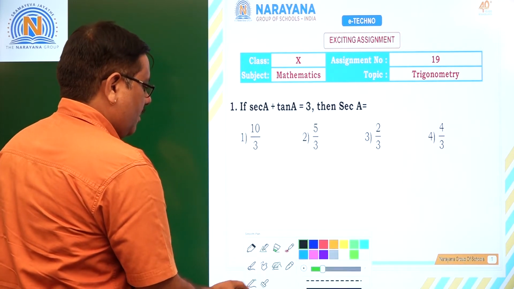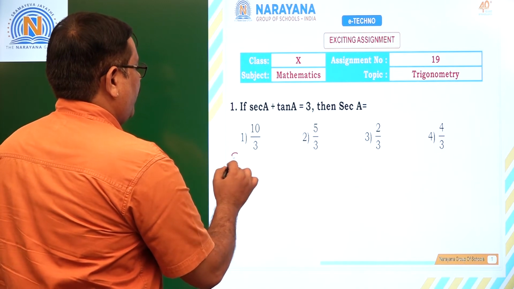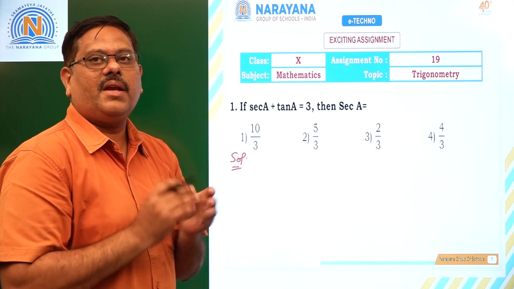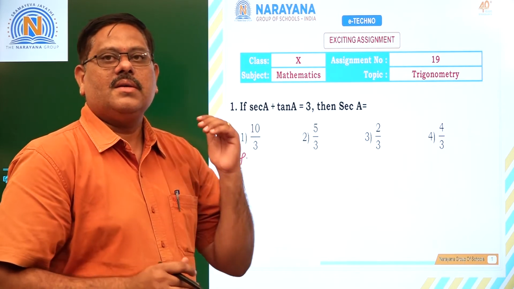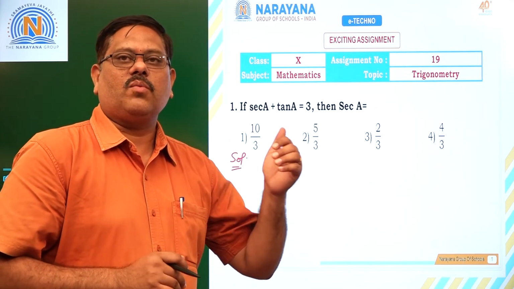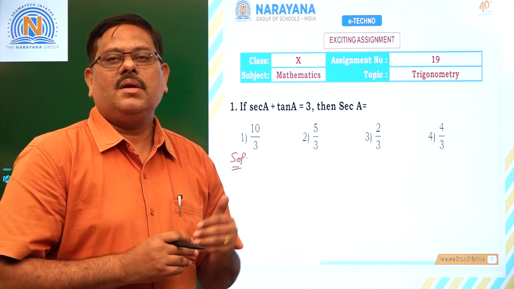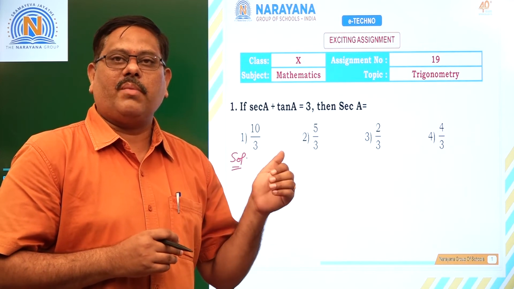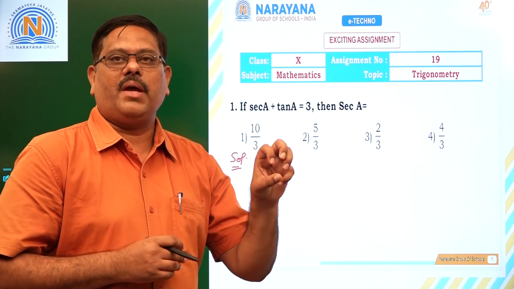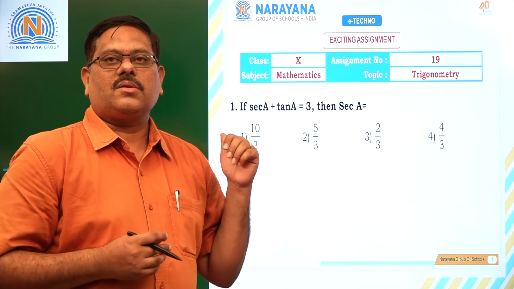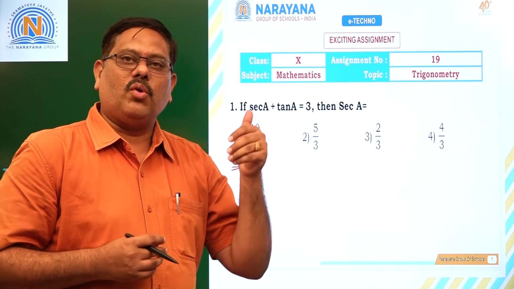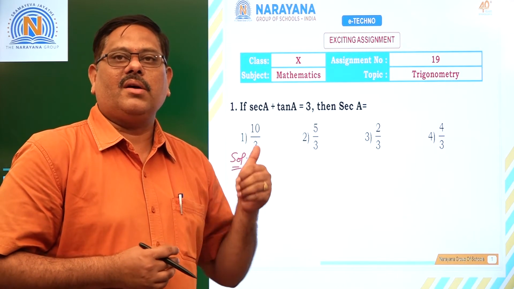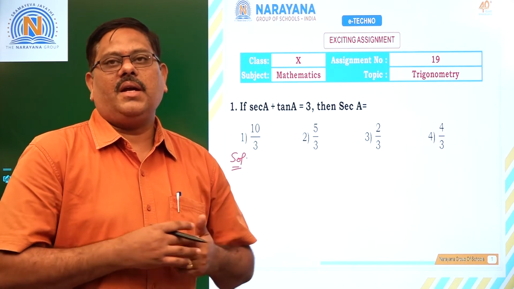Fine. Here, to solve this question, we need to make use of one of the identities. We have three trigonometric identities. What are they? Sin square A plus cos square A is equal to 1 for all A belongs to R. Secant square A minus tan square A is 1 for all A belongs to R minus (2n plus 1) times pi by 2, where n is an integer. Next, cosecant square A minus cot square A is equal to 1, where A belongs to R minus n pi, where n belongs to Z, right? So these are the three identities we have.